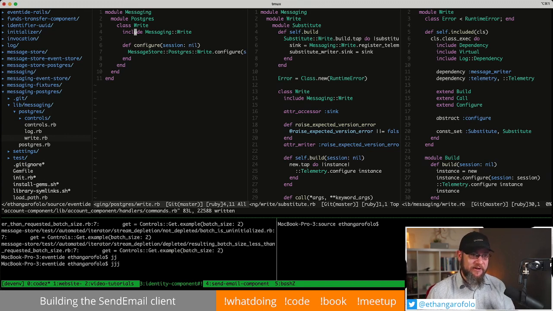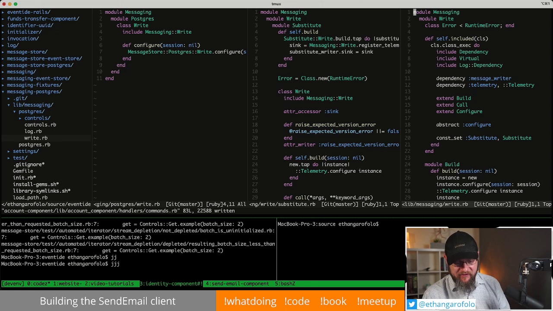But I want to do my part in dispelling that myth by trying to build Eventide gems that would work with Kafka, and then we'll see where it fails as a message store. Anyway, it might be fun to do that too with just writing to a plain old text file and seeing how that turns out. Probably not brilliant, but it'd be a fun experiment, and that's the kind of thing you get to do on a stream. Anyway, the point I'm trying to make is